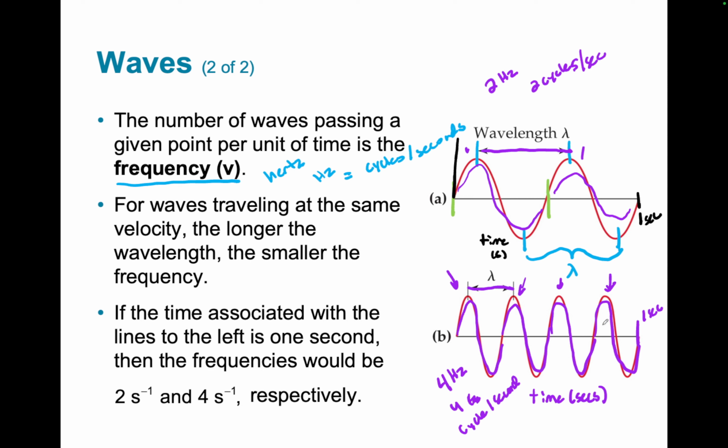So the relationship that you should know here, and we're going to say it multiple times, is that as the wavelength goes up, the frequency, or they have it looking like a V here, that's actually the Greek letter nu, and so that's frequency. So as the wavelength goes up, the frequency goes down, right? And then the opposite is true too. As the wavelength goes down, the frequency goes up, right? So what that means to you in life is that